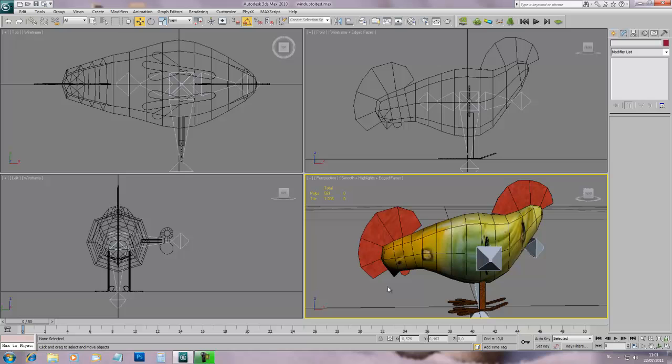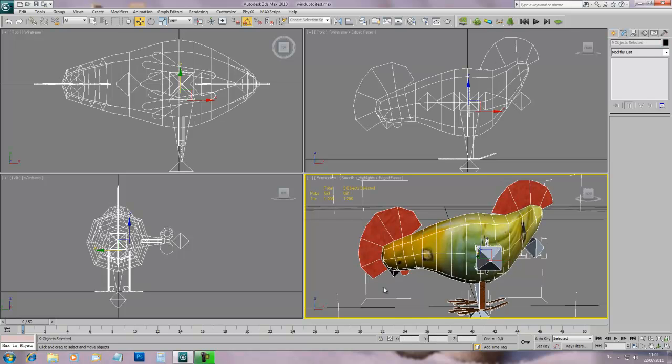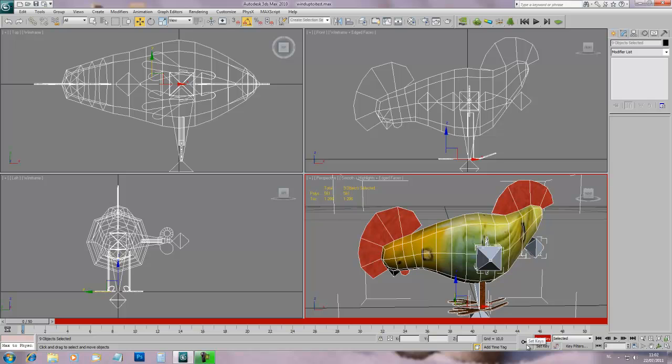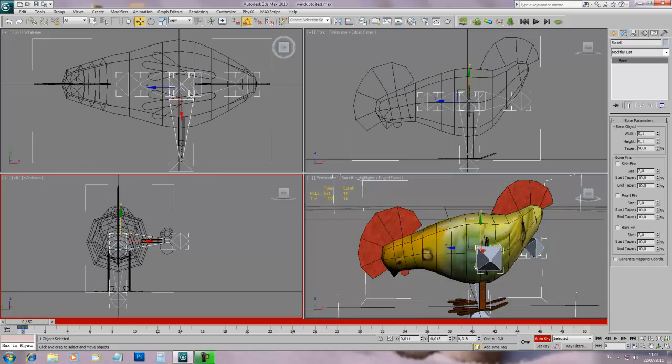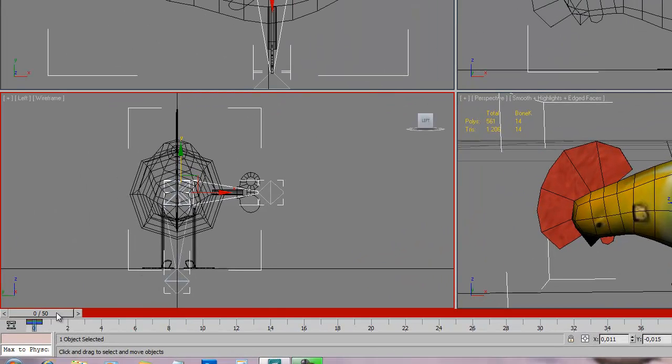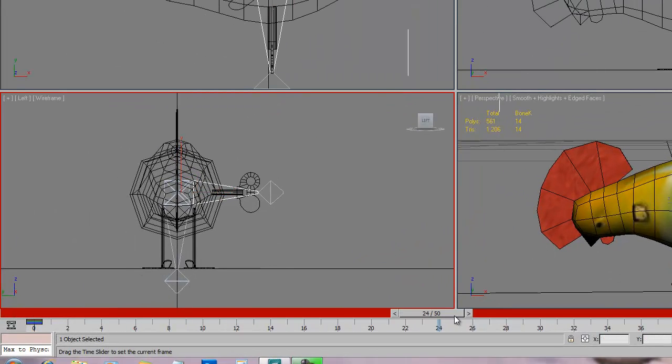Okay, so next what we want to do is to select our entire model and bones. Control A and click on auto key and set keys. Now you'll see everything will start here at 0. Next, I'm going to select a bone which I'm going to animate, and I'm going to select the key. Now I'm going to drag the timeline to 25